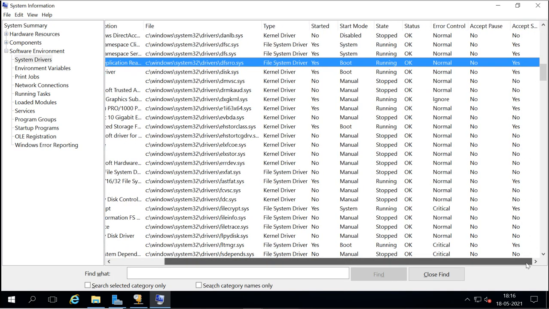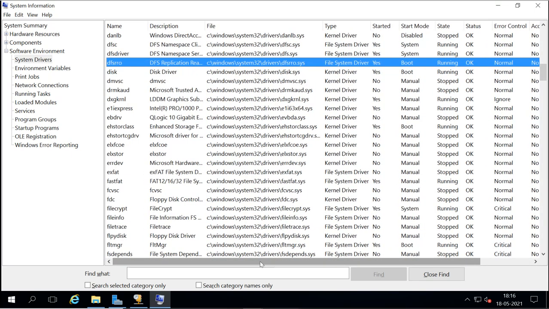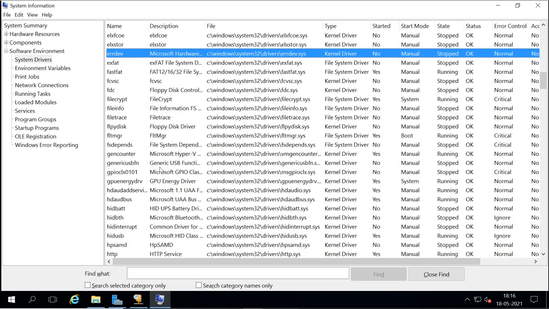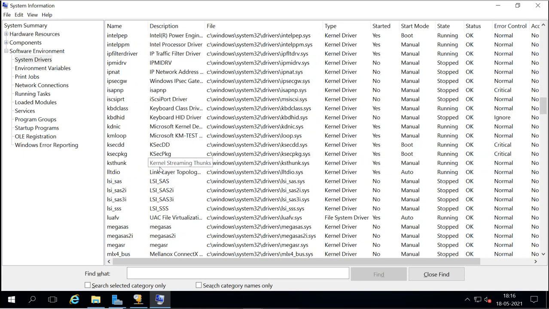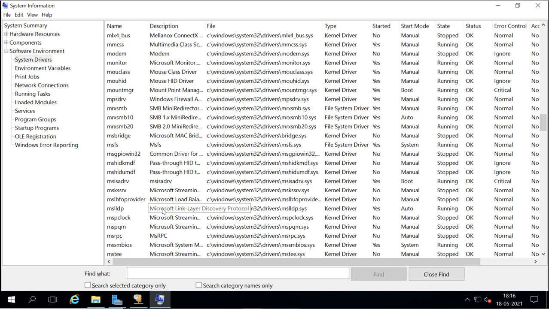So this is showing the information about the driver. You can see the description of which requirement the driver is for. If you see something that is not required and it is there, then you can try to clear that driver. If you don't understand a particular driver, maybe it is the driver for the Trojan, and we can clear it.